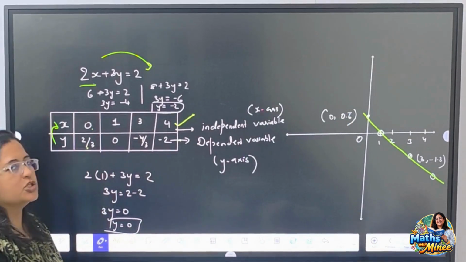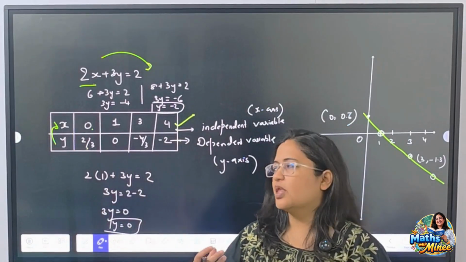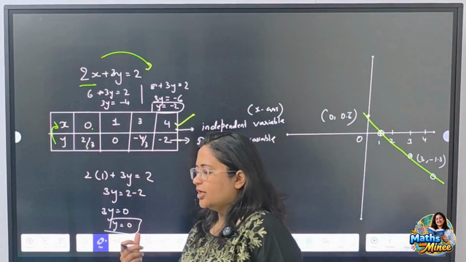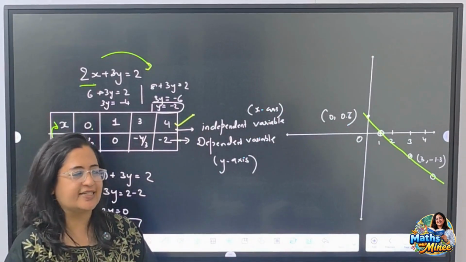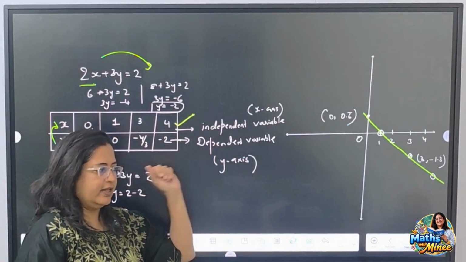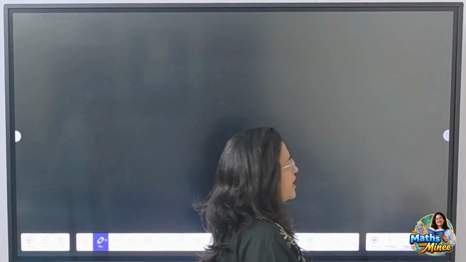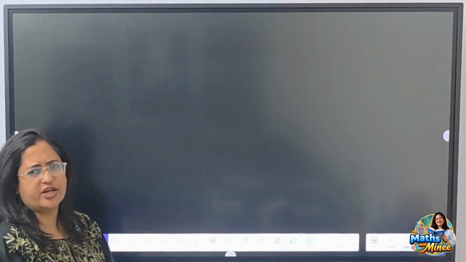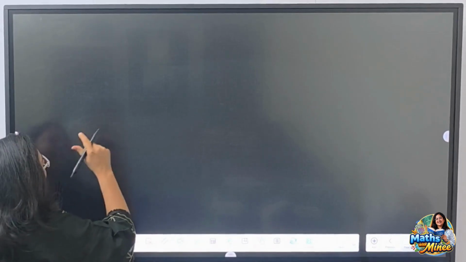Is this clear? So I hope you now know how to plot the graphs and how to get a solution. Now when you want to get a solution, we want the two linear equations, right? So if this much is clear, now if I give you the pair of linear equations, right? One linear equation, let us take